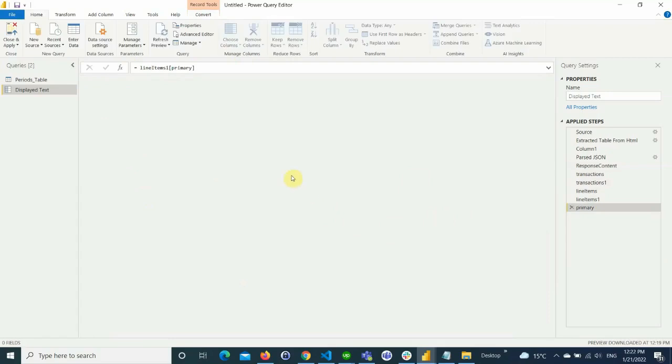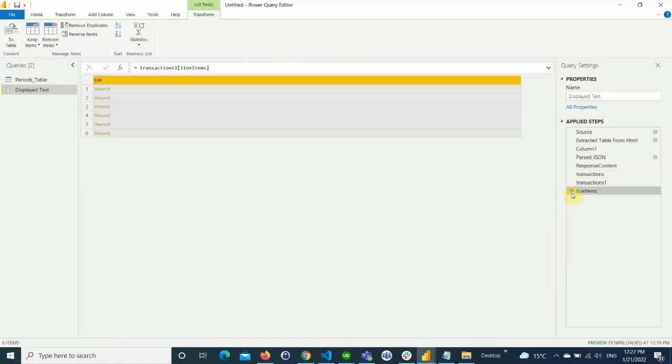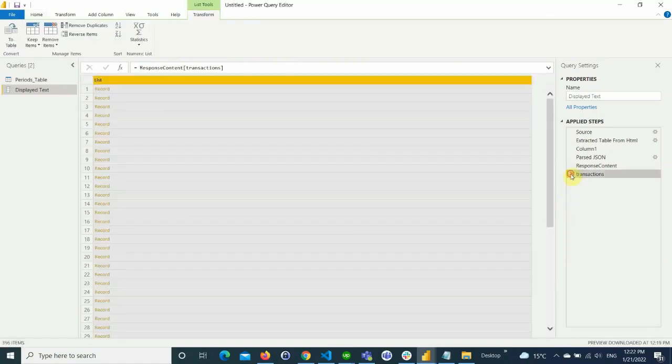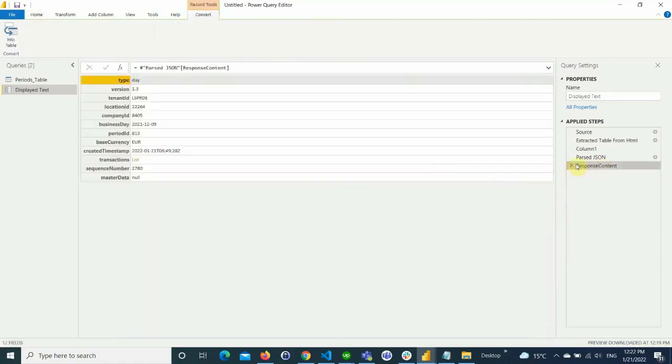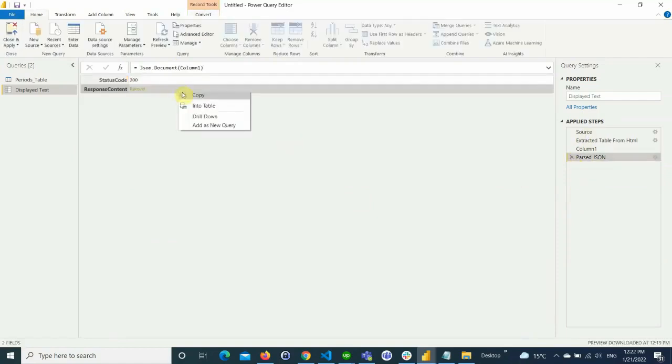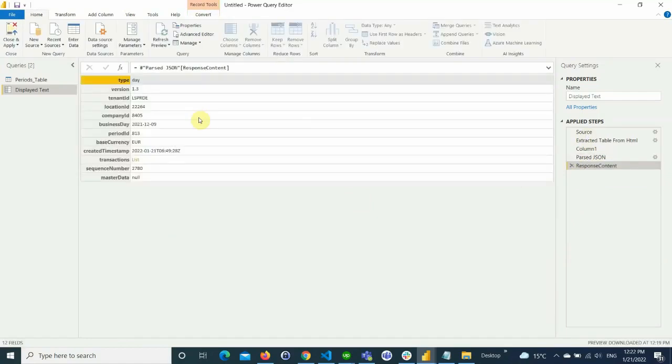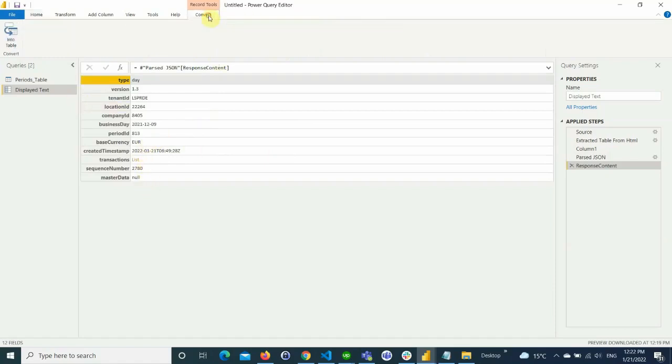So it's like a drill down kind of a thing where you can drill it down to the last level. Or what you can do is I will just remove all these steps, and I will do a right click and a drill down. So that will also take me to the same area.